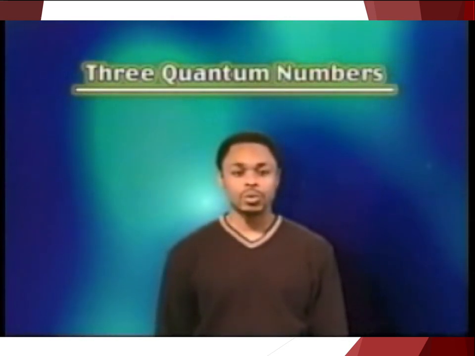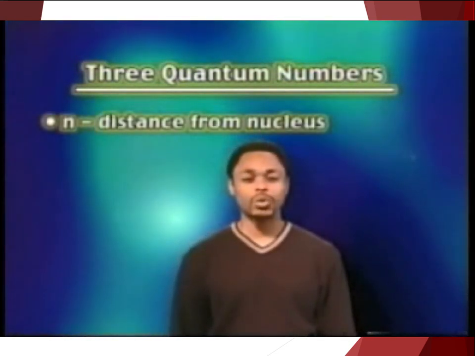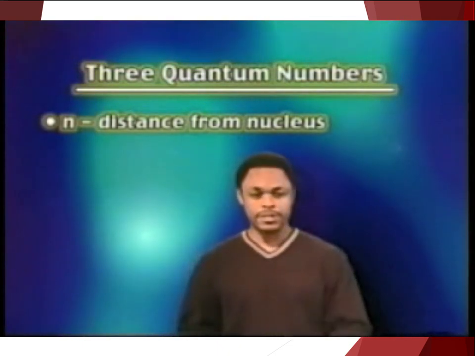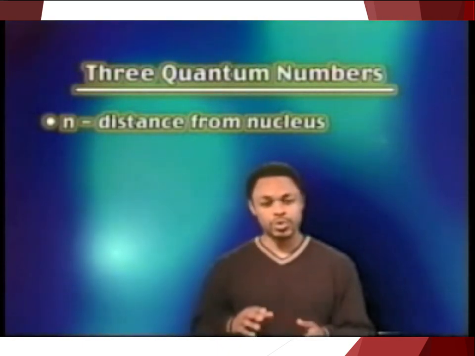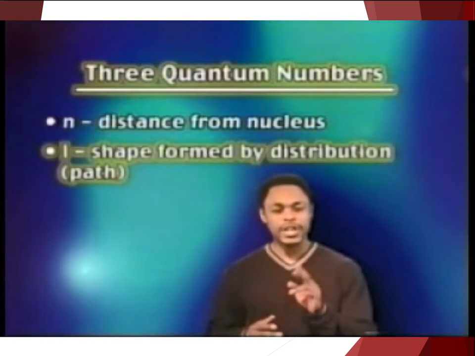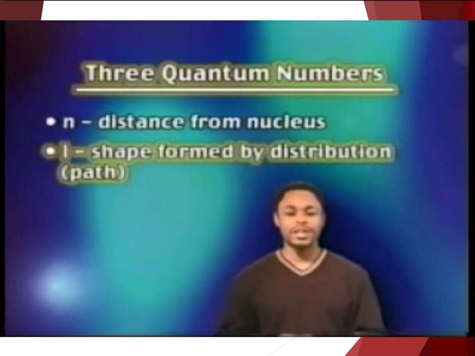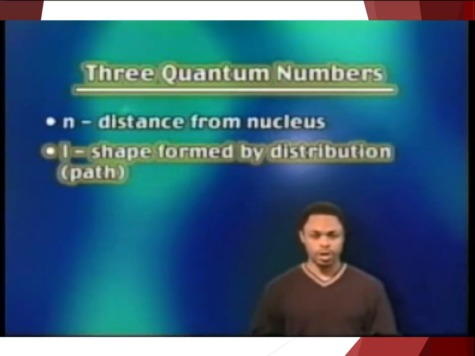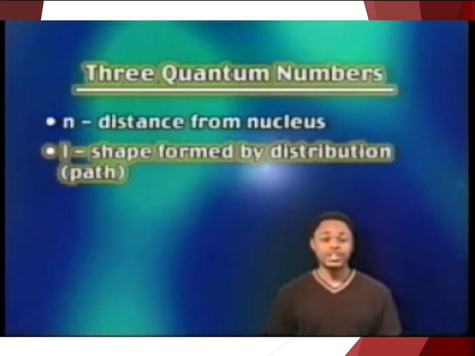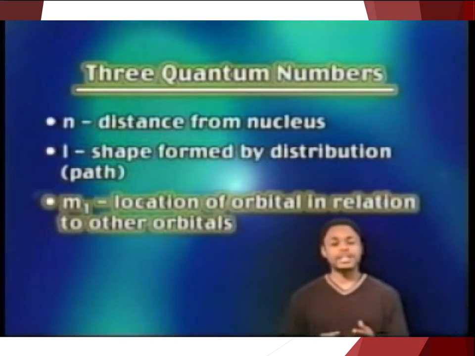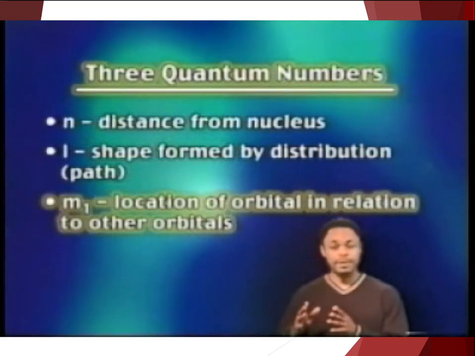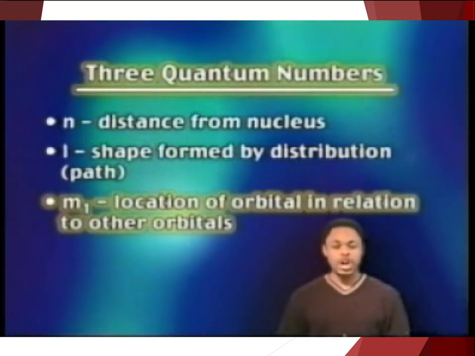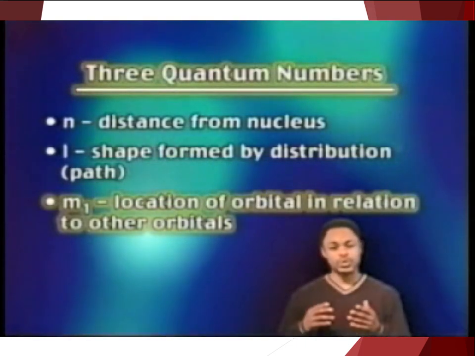Electron orbitals are described using three quantum numbers. The first, or principal quantum number, is represented by lowercase n, and it describes how far the electron is from the nucleus of the atom. The second quantum number is represented by a lowercase l, and describes the shape formed by the electron distribution, or the shape of the possible path an electron can take. Finally, m sub l, the magnetic quantum number, describes where the orbital is in relation to the nucleus and the